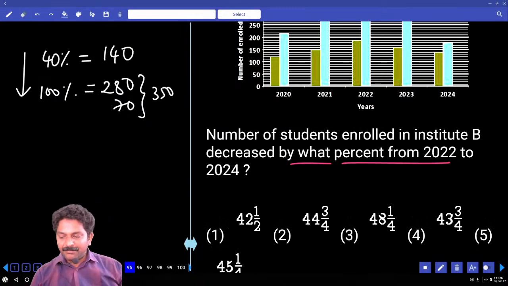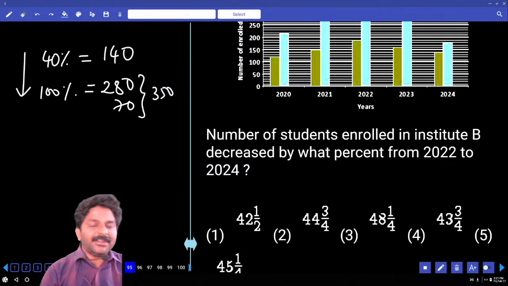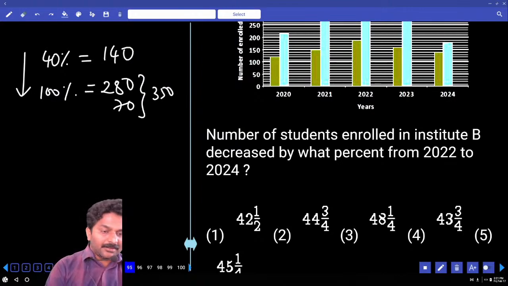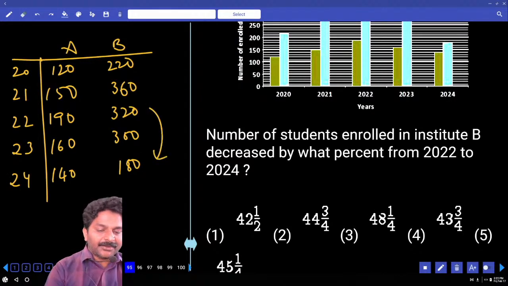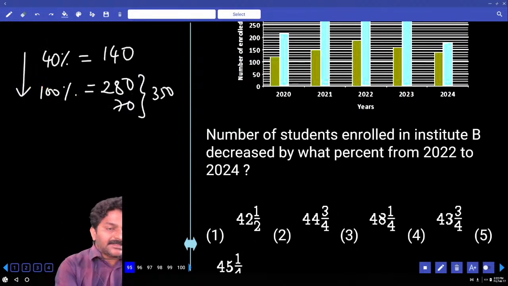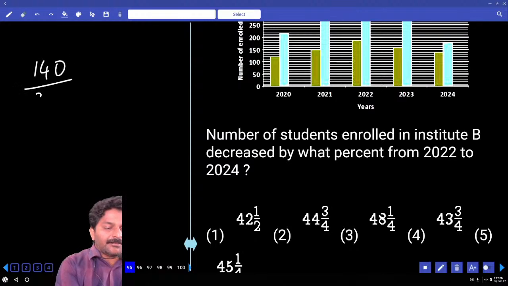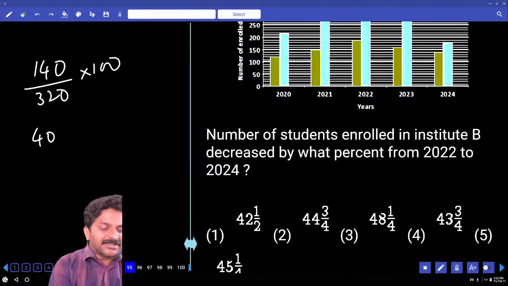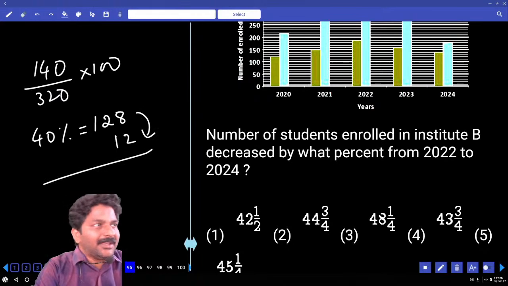Number of students enrolled in B decreased by what percent from 2022 to 2024? 2022 to 2024. 320 becomes 180, decreased by 140. Yes, 140 decreased from 320, into 100. What is 40% of the denominator? 10% is 32, double, 64, 128. How much more do we need to add? 12,